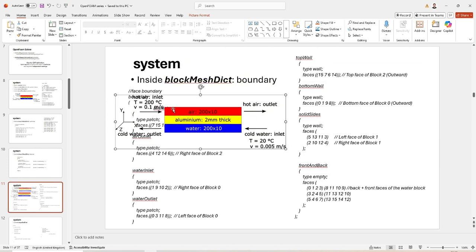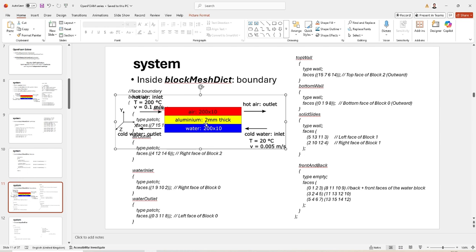And then we have 2 walls, not solid walls, but walls to contain this fluid domain. We have a top wall and a bottom wall, and we don't need to define the